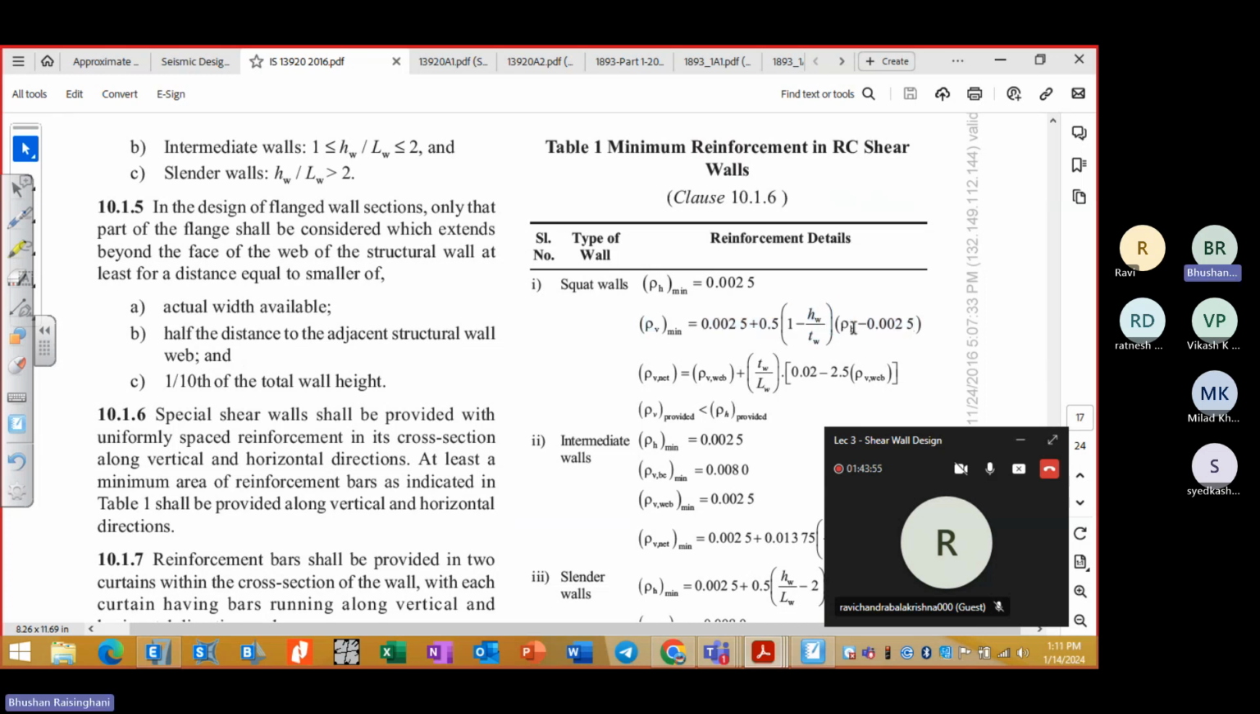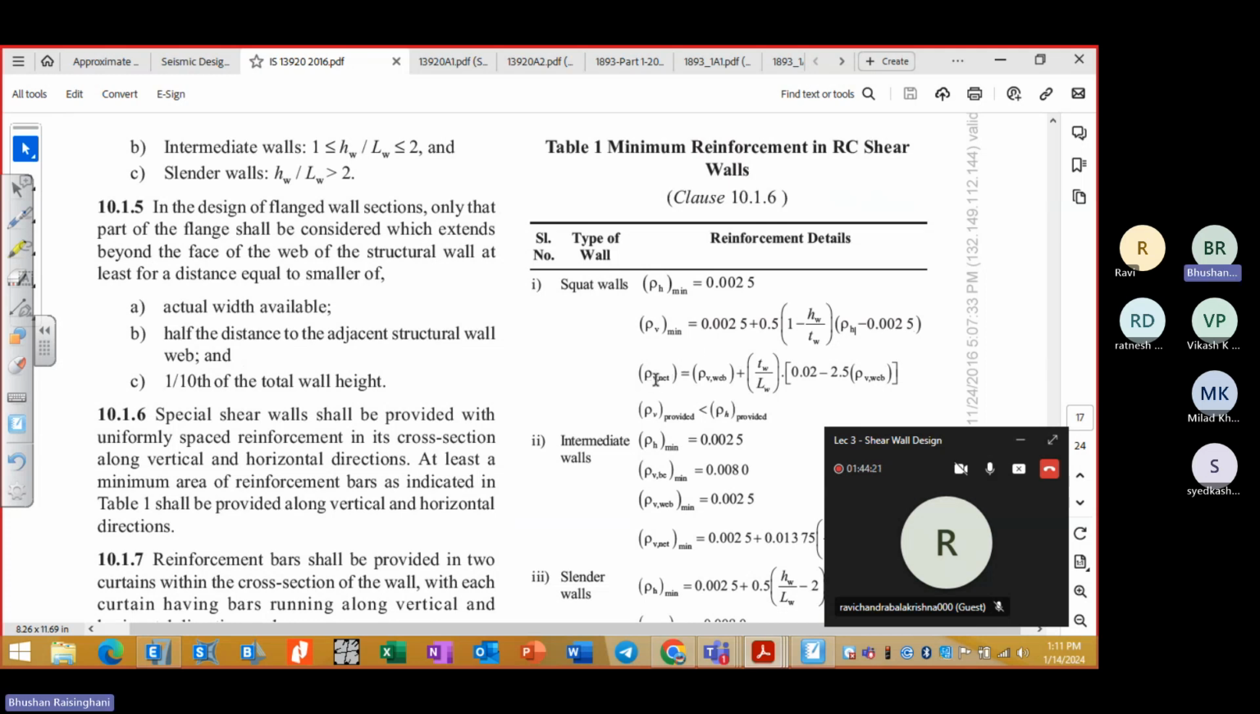density of steel you have provided minus the 0.25%. So if you have given the minimum here, this will become 0, then vertical also becomes minimum. If it is more than 0.25%, then you will get some additional in the vertical reinforcement. So the minimum in both cases is the same, that is 0.25%. And